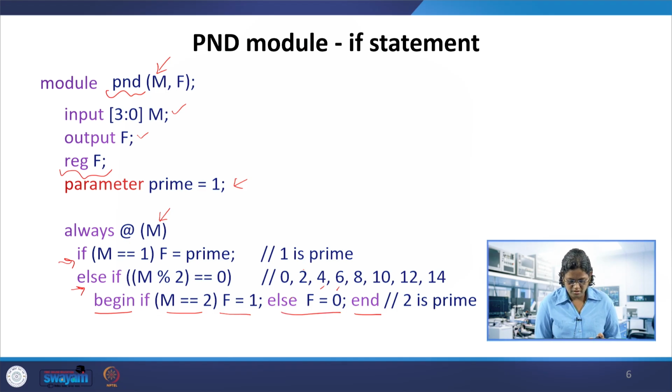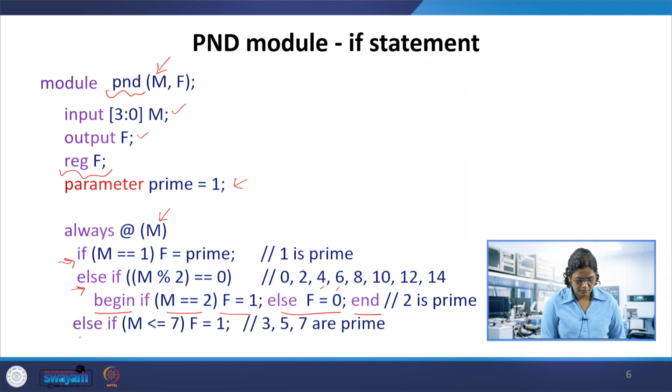Okay, so if has this else in the begin block, that's no issue, and this if F equal to prime, else if we check this condition for all of them, and now we have done 1 and 2. So, these other non-prime numbers are taken care of. So what about the other one, else if M is less than or equal to 7. Less than or equal to 7 again covers 0, 1, 2, 3, 4, 5, 6, 7. So these conditions other than 3, 5, 7 are considered here. So, if 3 comes, then F equal to 1. These are prime numbers again.